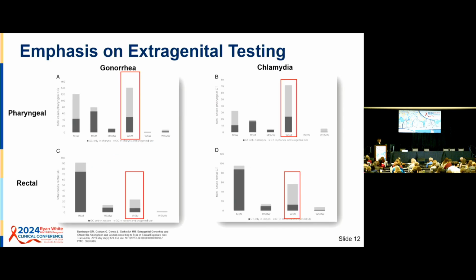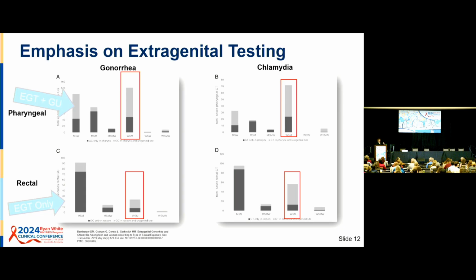This figure here shows why we would emphasize extragenital testing. I'm just going to walk you through it for a second. On the top part of the figure, you see the pharyngeal location. On the bottom part of these 2 figures is the rectal. The grayed out bars are if you have both extragenital and urinary tract testing, and the black bar is if you did extragenital alone. So you can see here that if you did not do extragenital testing, you would miss